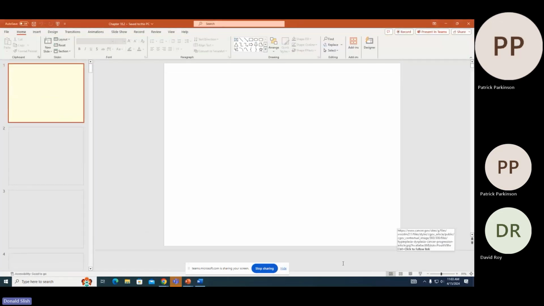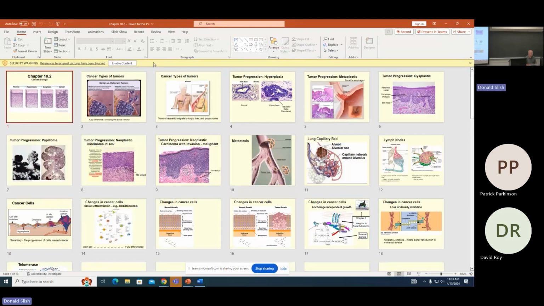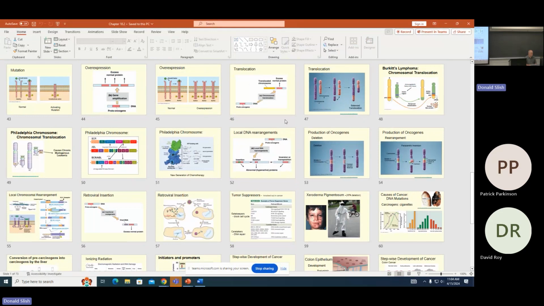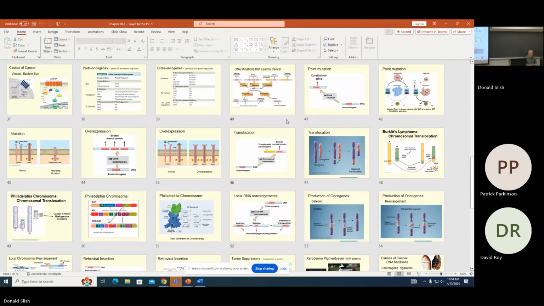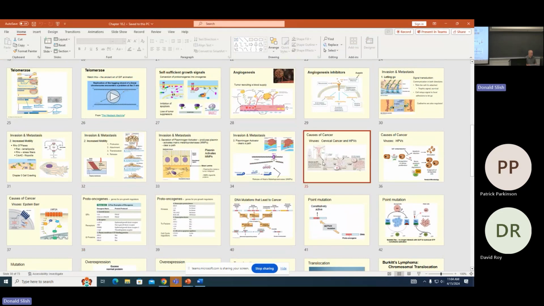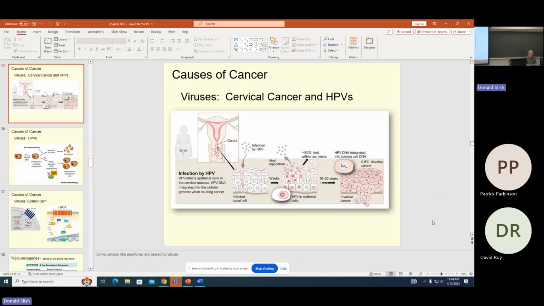Cancer biology. Okay, I think where we picked up last time was right about here, if I'm not wrong. Well, let's back up to here. Viruses. Okay. Viral causes of cancer. So,